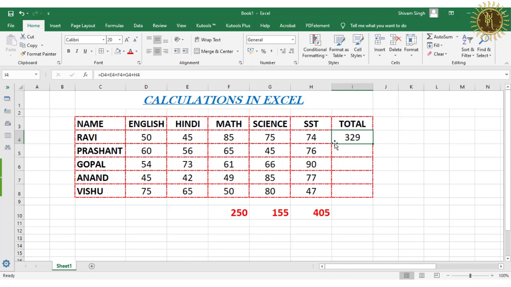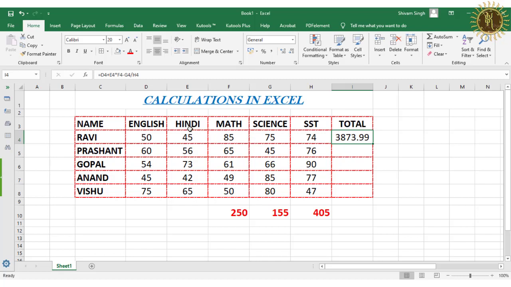Also in this you can do multiple types of calculations. Suppose double click on this and change this to multiplication, this to minus, and this to division, and press the enter key.